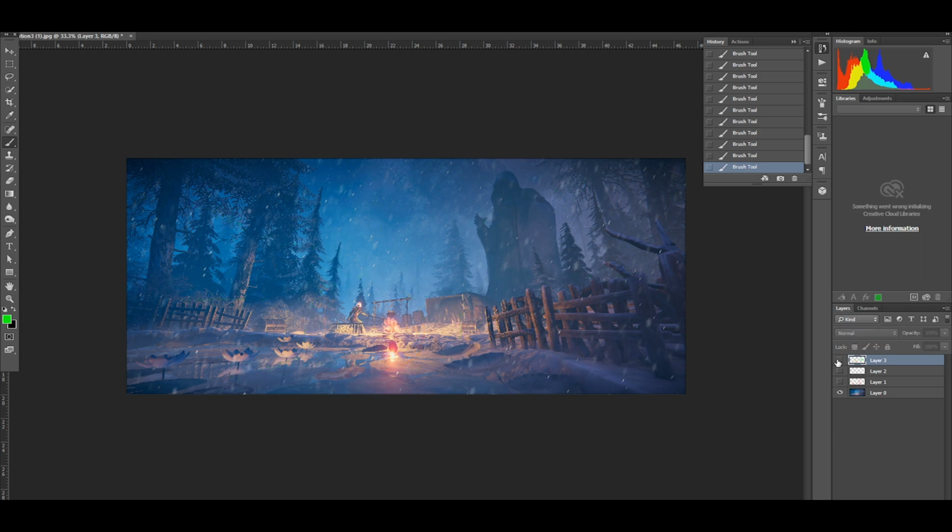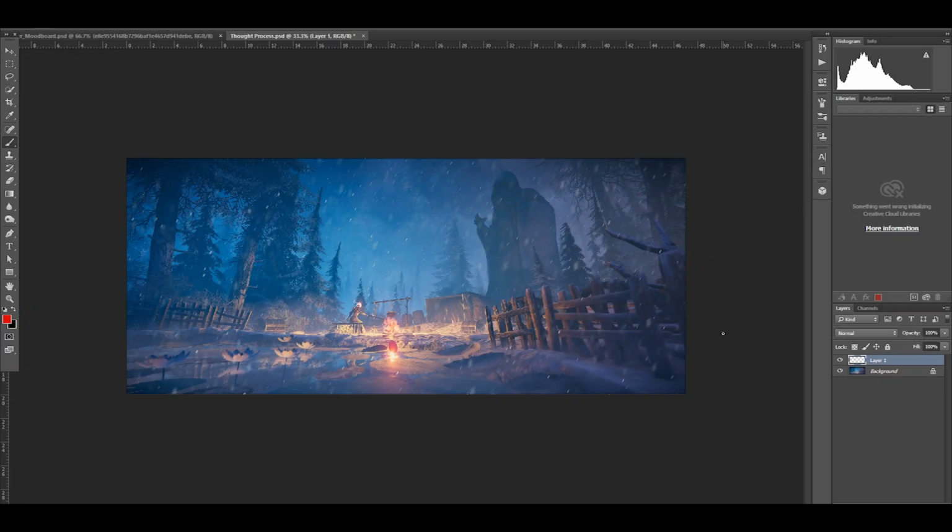And in the scene, as you can see, I use the warm orange of the bonfire to contrast with the cool blue winter surrounding it.